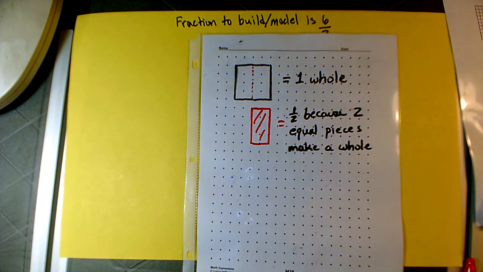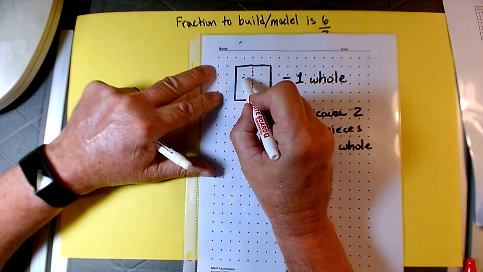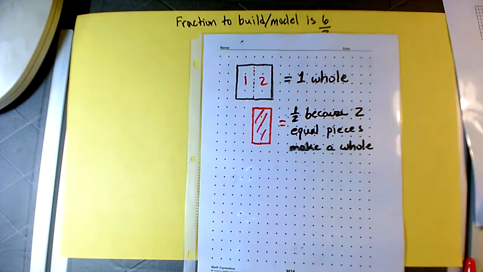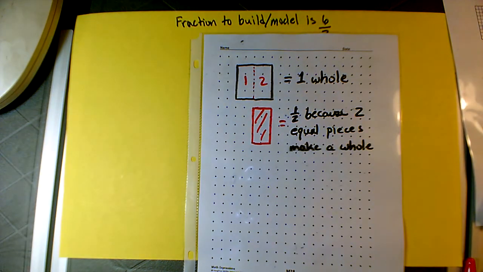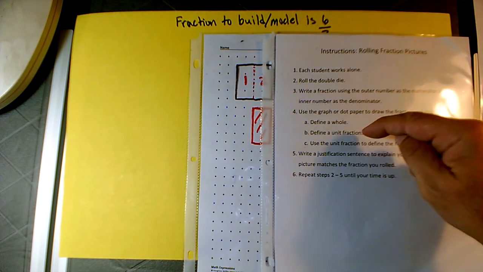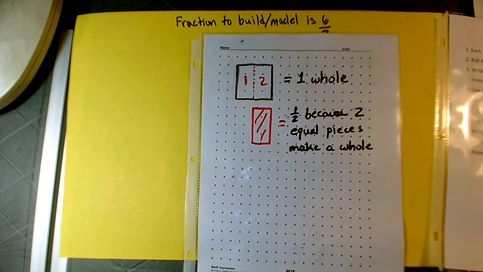And on your drawing you could even say here's 1 and here's 2. 2 equal sized pieces make a whole. Okay, now that I've followed my instructions and I have defined the whole and defined the unit fraction, let's see,